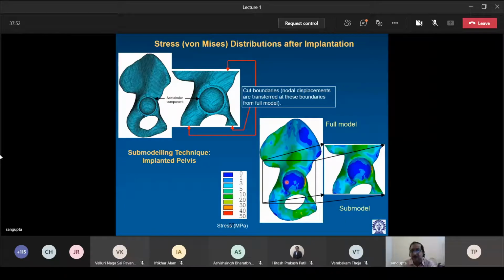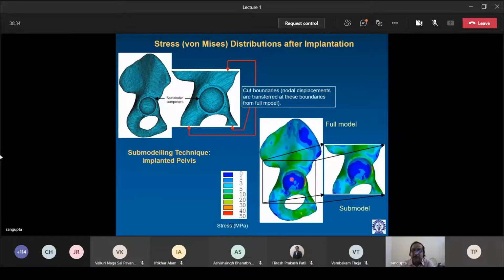Now, I have also explained earlier that we have the acetabular component implanted on the same bone. Okay, so in the case of the acetabular component, a part of the bone, the acetabulum, will be reamed and the acetabular component placed according to the surgical techniques. So we will use the cut boundaries, the submodeling technique, and I have explained to you earlier how we can compare the results between the submodel and the full model. And as you can see, the submodel